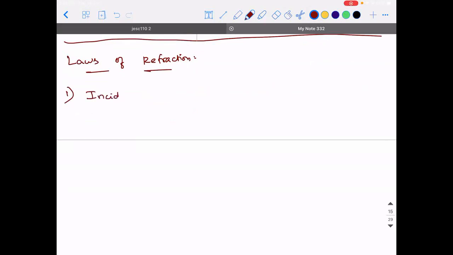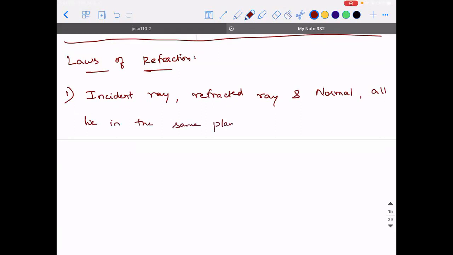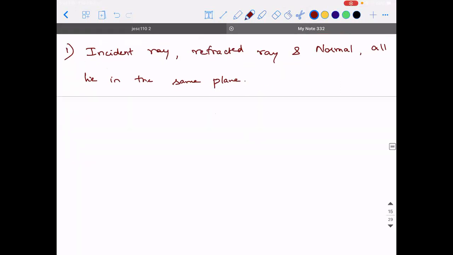Here also, incident ray. Can you guys guess? Incident ray, refracted ray, and normal all lie in the same plane. Accepted? Incident ray, refracted ray, and normal all lie in the same plane. Second,